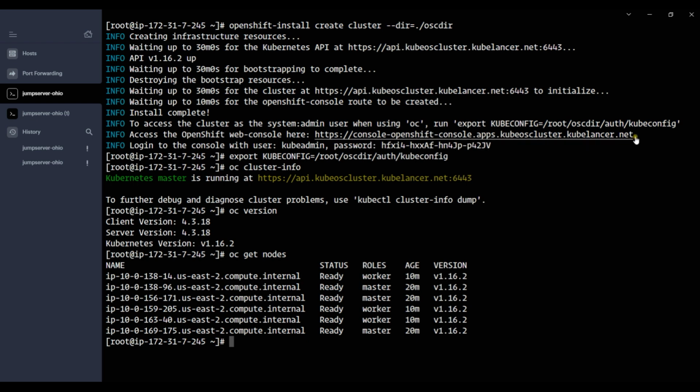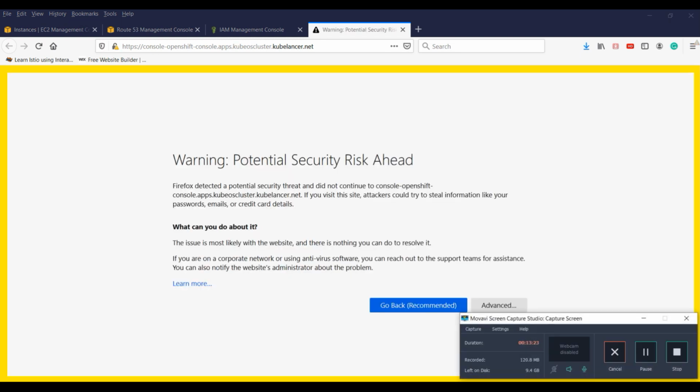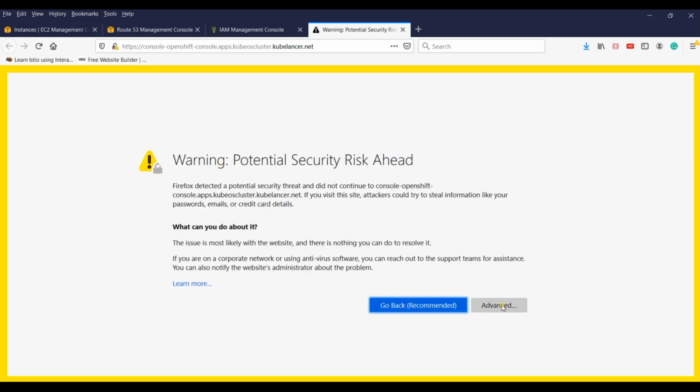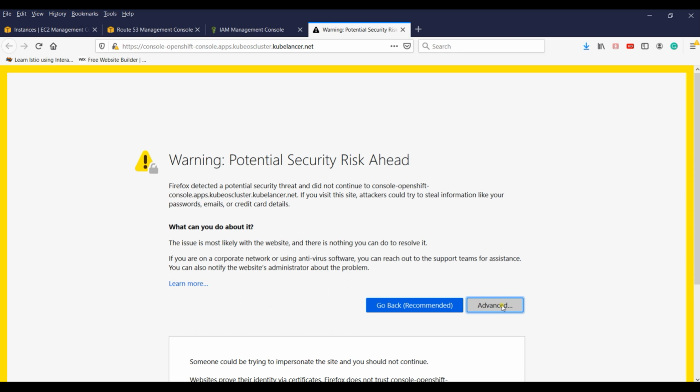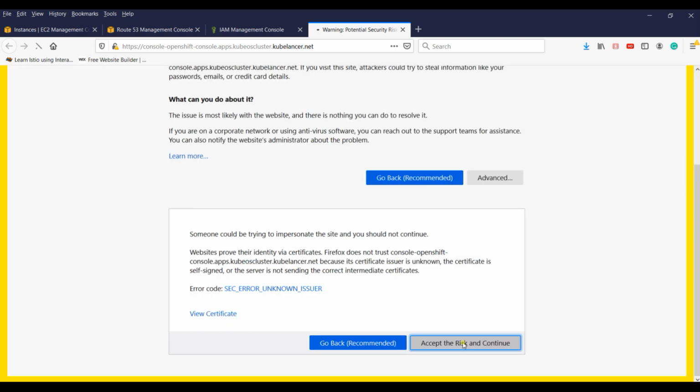Okay, we are getting a response. Also let me verify the version and get nodes. oc version. The cluster version is 4.3, and let me get the nodes. oc get nodes.